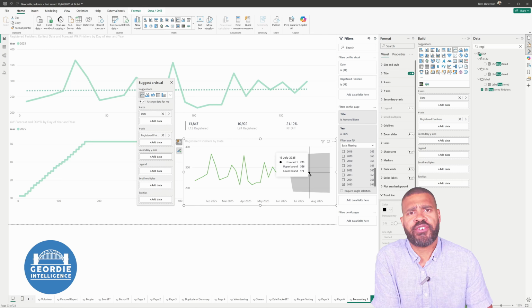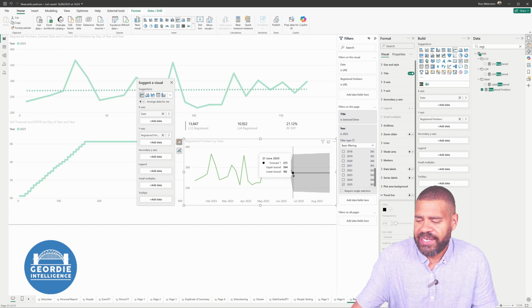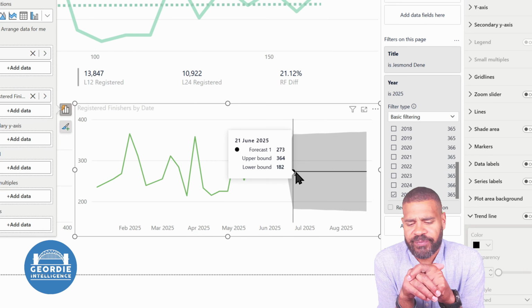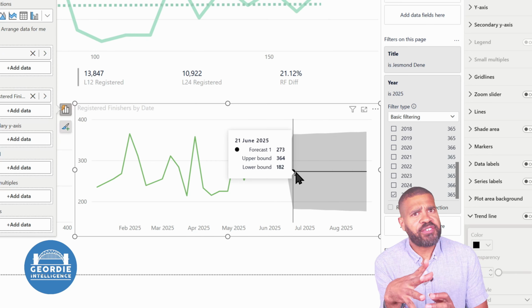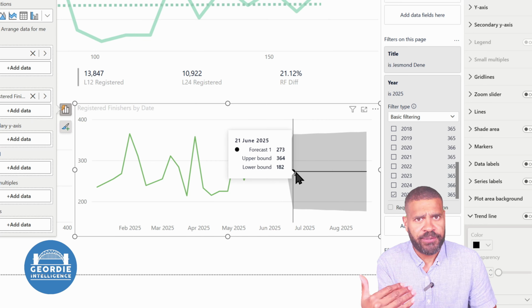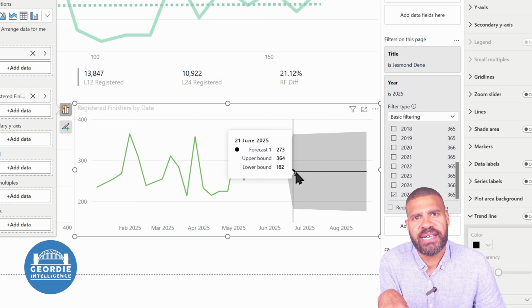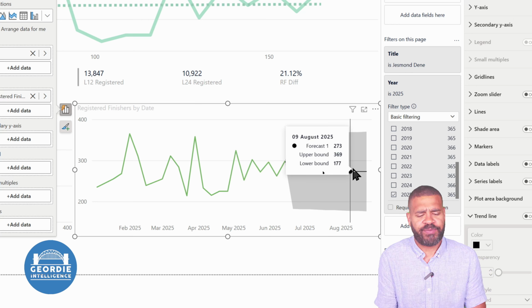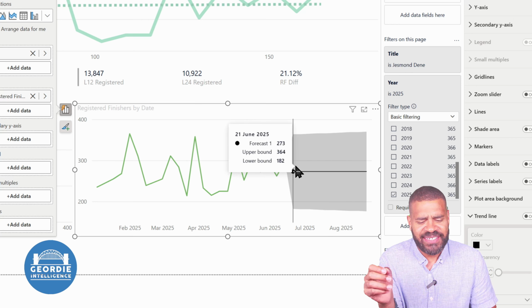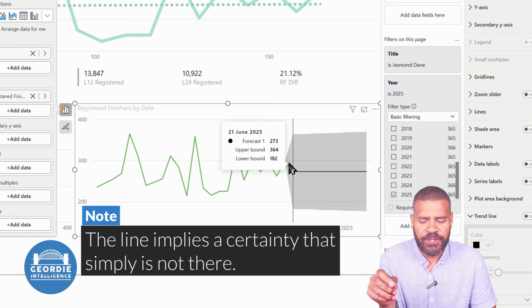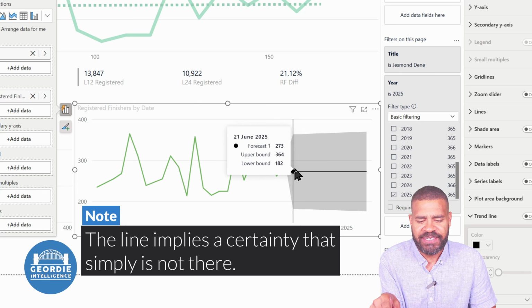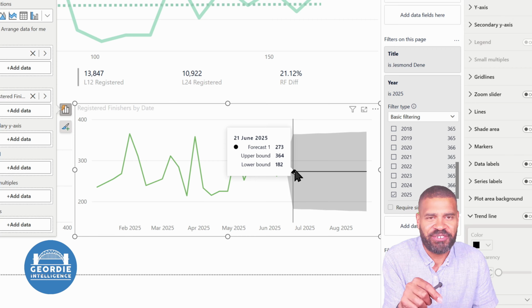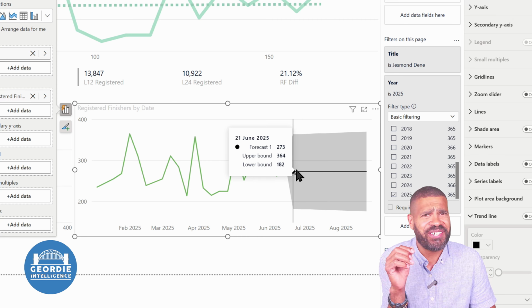Now, the challenge that you have with this, and this is where I think the problem we need to understand is, it's this window size. For a lot of forecasts, when you get the automated forecasts out, the line is misleading. This line has no business being there. What you really want to be saying is, well, we believe that your value will be somewhere between 182 and 364. And the challenge of that is that's a huge bound.